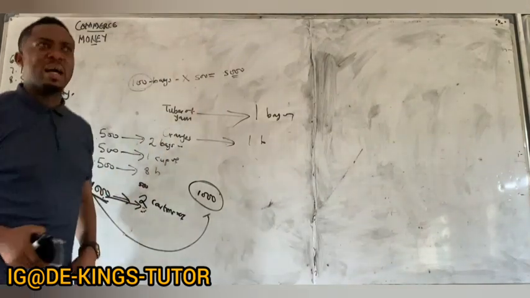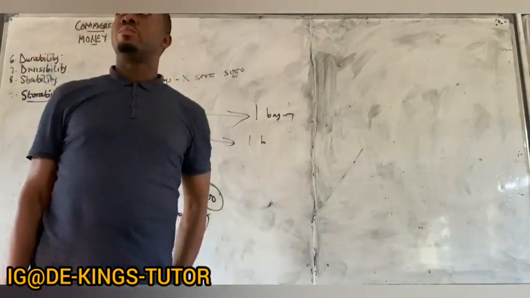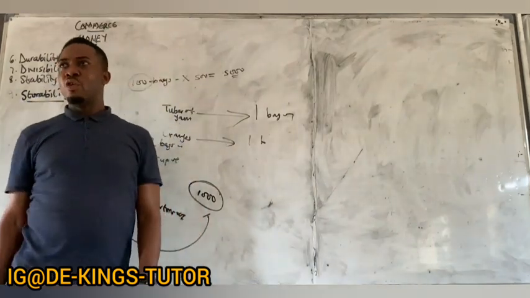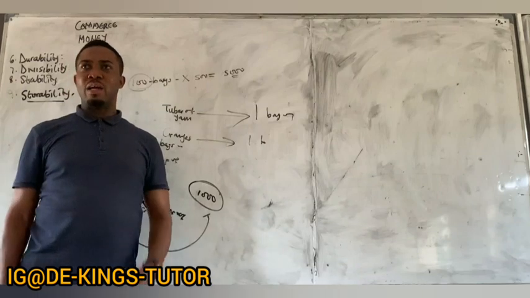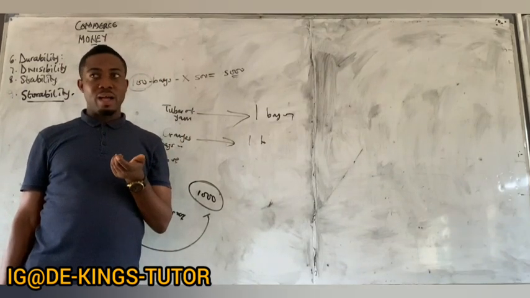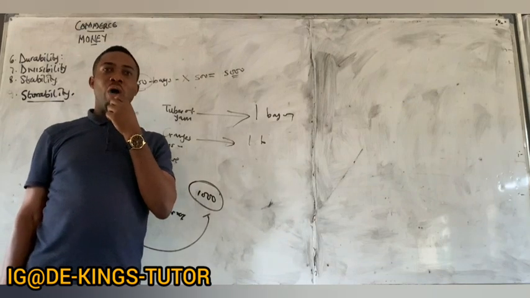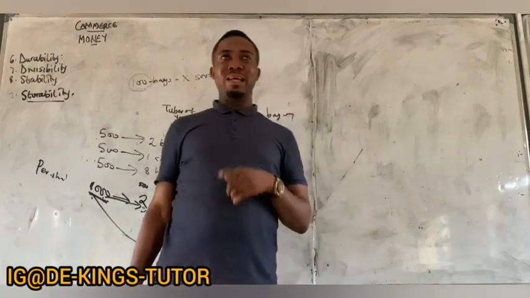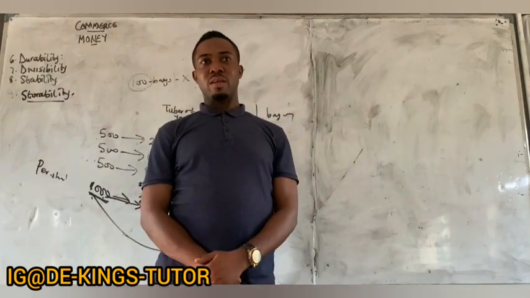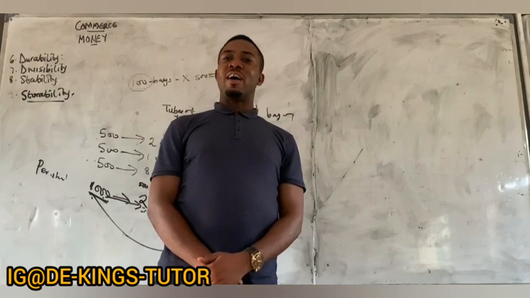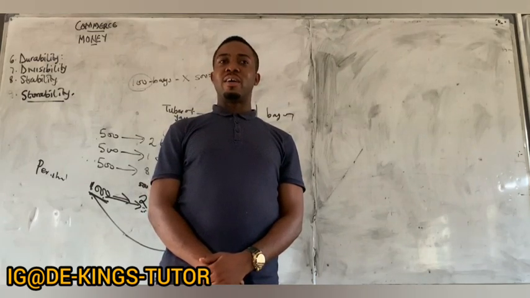For instance, before now, if you had 200 naira, you could take a bus going and coming, because the fare was 100 naira. But now, can that 200 naira take you going and coming? It depends, from Palace Road to the market.